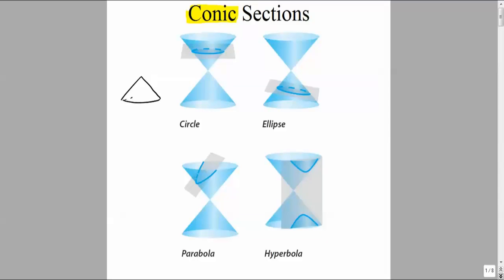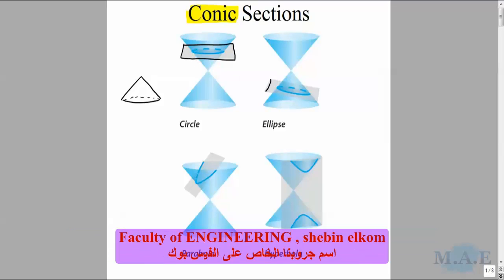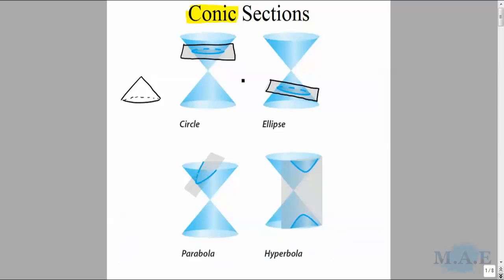And when cones are sort of intersected in the right way, you get one of these four different sections, these cross sections. So what happens is a plane comes through and cuts through the cone. And depending on the angle of that plane, will give you a specific type of cross section. For example, if the flat surface is sort of parallel with the top or the bottom, that gives you a perfect circle